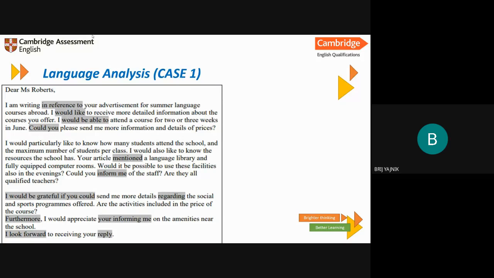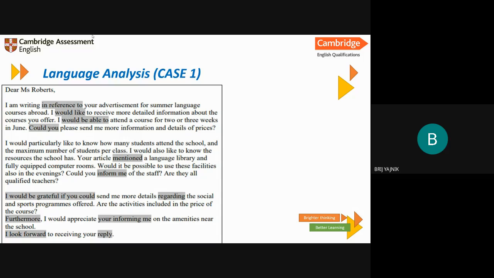No grammatical error. Devashish, there is no grammatical error. Everything is perfect. If you think the last line is grammatically wrong, I look forward to receiving you. Sir, how can ing come after to? Well, that's how the language looks when you write an email. It's only in email and letter language where you use I look forward to, and after that, it's always ing. I look forward to receiving your reply. I look forward to seeing your reply. I look forward to receiving your help. It can be anything. So grammatically, everything is perfect. Leila said could you, would you, should you is also perfect.